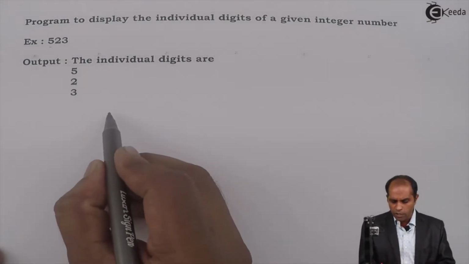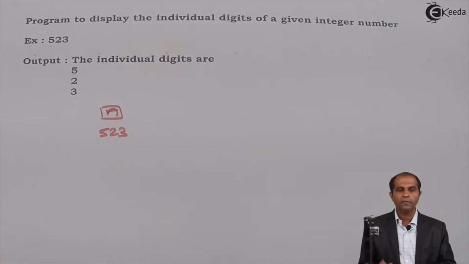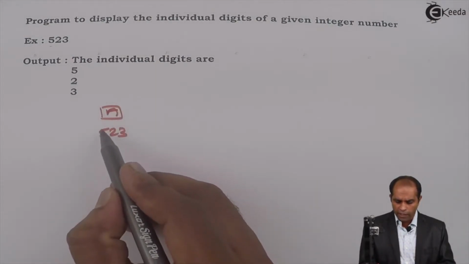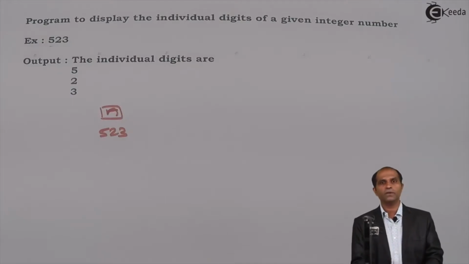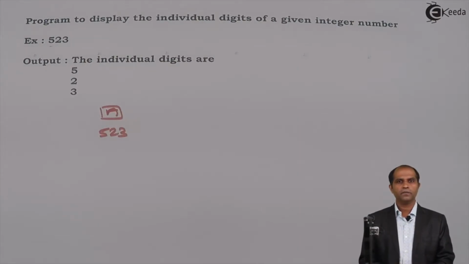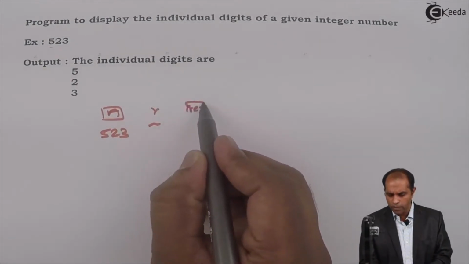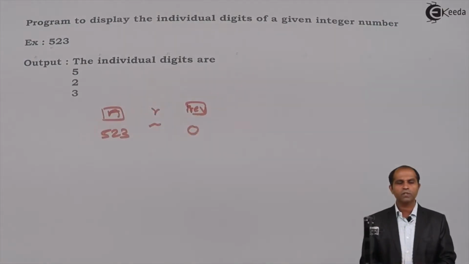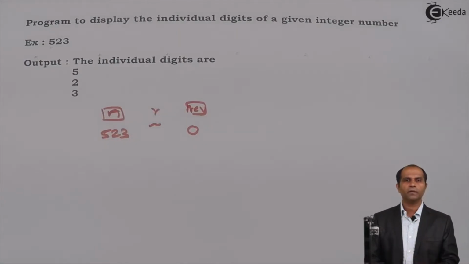So what I need to do is, if the number n is given to me as 523, I have to try and extract the leftmost digit first, which is as such not possible. With some additional instruction it might be, but with this simple logic it is not that easy. Why don't we stick to the traditional idea of extraction of the digits? So we have r as garbage. Let me first find the reverse of the number. We know the reverse logic. Why don't we now reverse this particular number, 523, and make it 325?